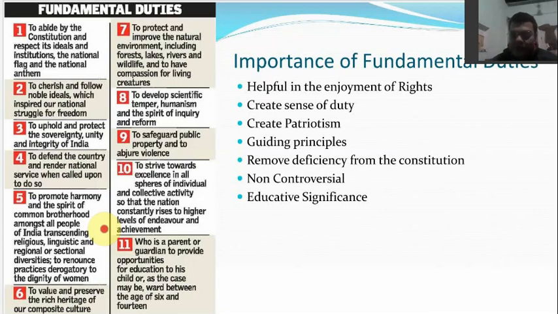It happened to us about 200 years ago when the British came and they divided us multiple times. But we cannot let that happen again. We have to make sure that all of us stay together, and when we stay together, we stay strong. And the next thing is to renounce the practices derogatory to the dignity of women. This is a very important point here,